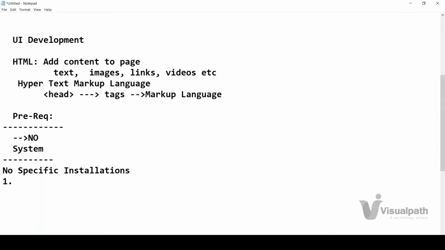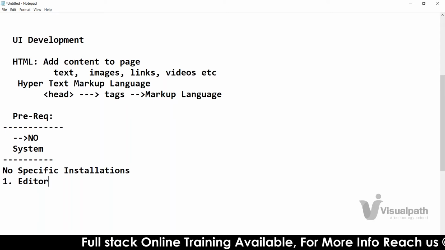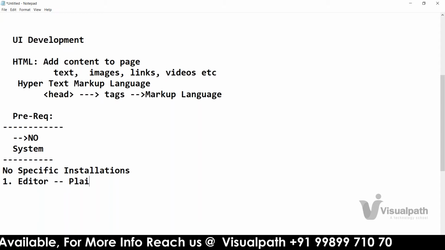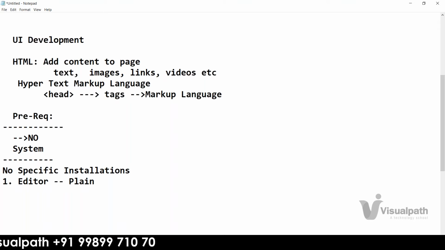One is an editor. To write the code, you need an editor. It could be a plain text editor. The plain text editor example is what I'm using. What am I using? Notepad. So it can be a plain text editor,